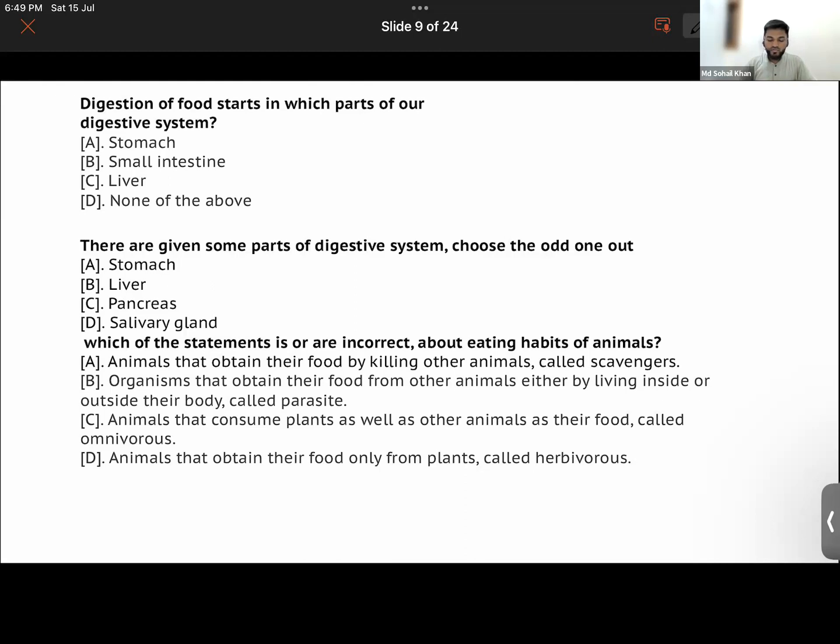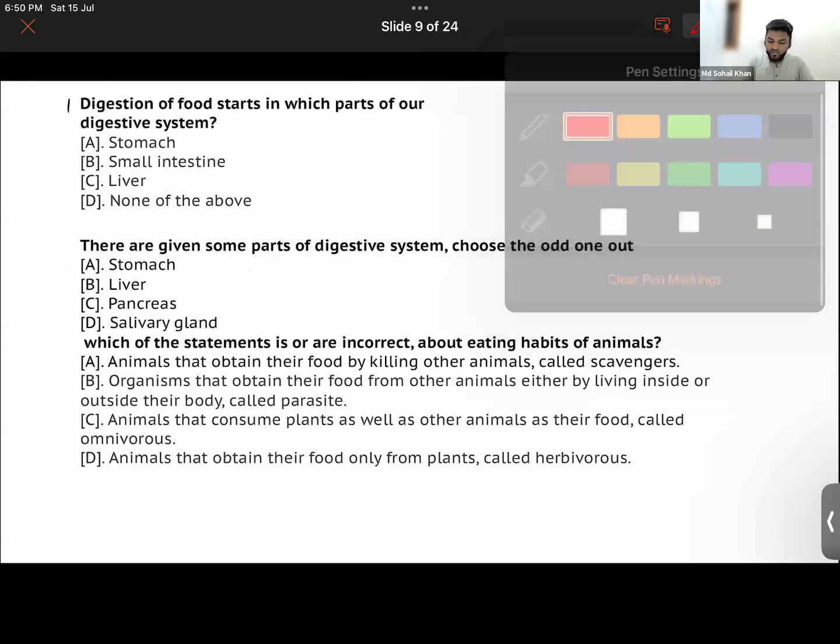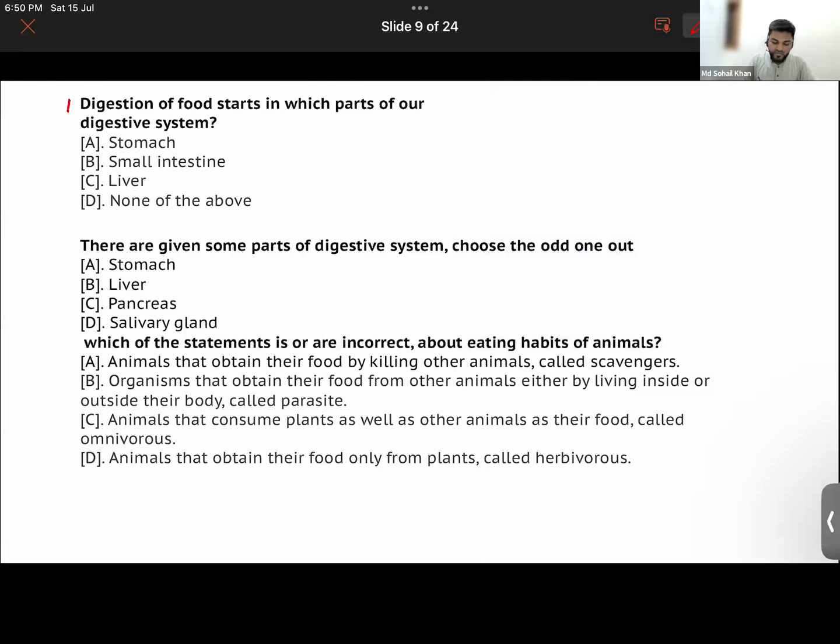Okay, the question is to both of you guys. There are only 3 questions here. You guys have to give your answers in the chat box, and then we will move ahead. We will start our discussion from the mouth, that is the buccal cavity. Give your answer on the chat box, and remember, you guys have to answer on the ID from which you are able to see me.